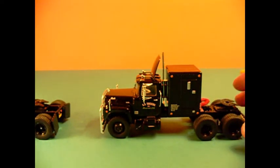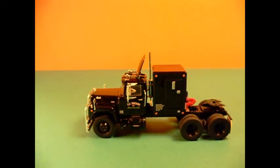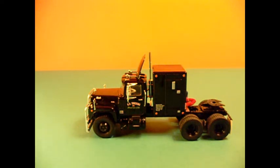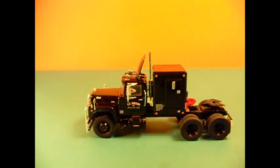a little bit incorrect. So the most striking thing is if you compare the actual movie with the model, there is a huge gap between the sleeper and the driver's cabin, which in fact in the movie did not exist, since, as you probably remember the scene at the Road Inn, the girl who was the present for Rubber Duck got into the sleeper through the driver's cabin, so there was a tight